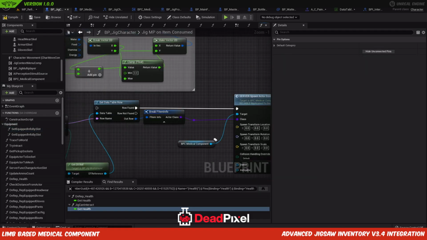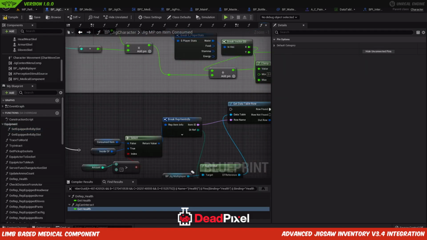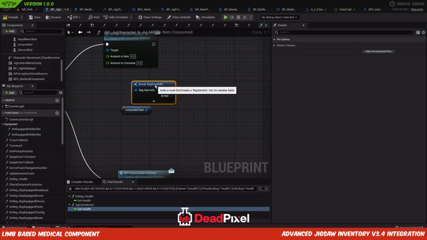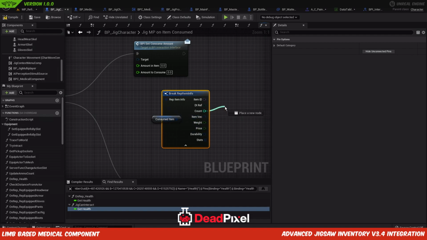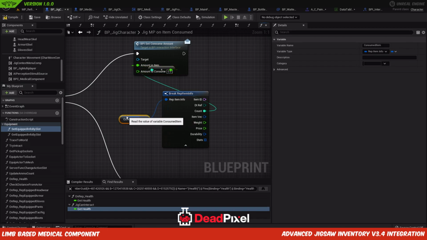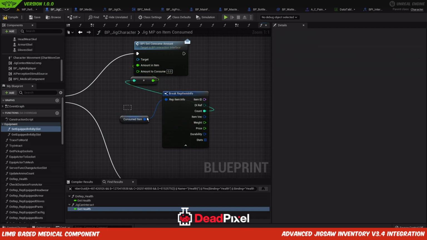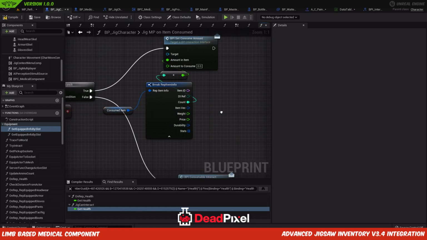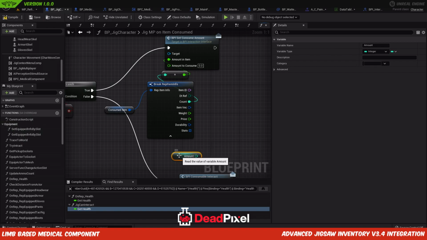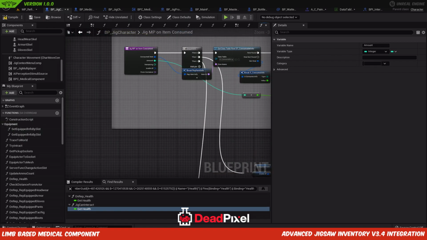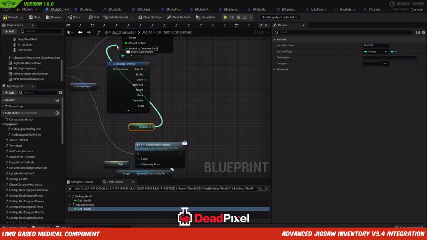You can do this with any function event. Whenever you have a function, all these values can be called without creating tons of lines coming out, basically. So we want to get our count from here. And that'll be our amount in the item. And if we call amount to consume,